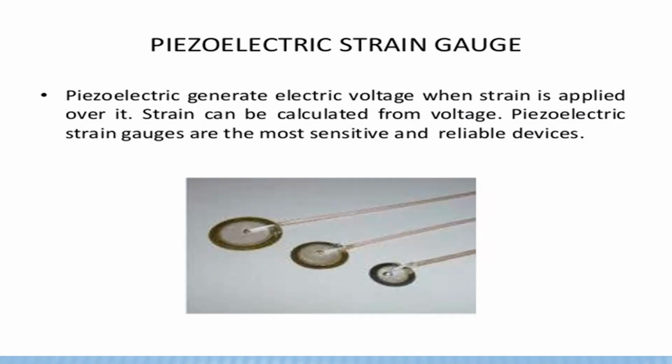Okay. So in this strain gauge, the piezoelectric circuit is placed during manufacturing, and whenever we apply loads on this piezoelectric strain gauge, which is attached to one object, the object acts as different loads. Automatically the piezoelectric strain gauge also gets that amount of load. Okay, so the piezoelectric generates the electrical voltage.